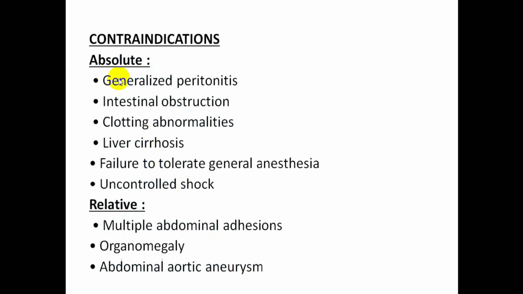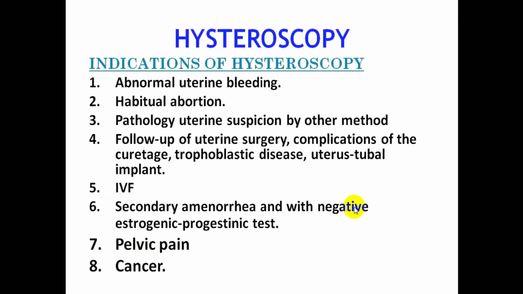Contraindications, either absolute or relative. Absolute: general peritonitis, intestinal obstruction, clotting abnormality, liver cirrhosis, failure to tolerate general anesthesia, uncontrolled shock. Relative: multiple abdominal adhesions, organomegaly, abdominal aortic aneurysm. Another type of